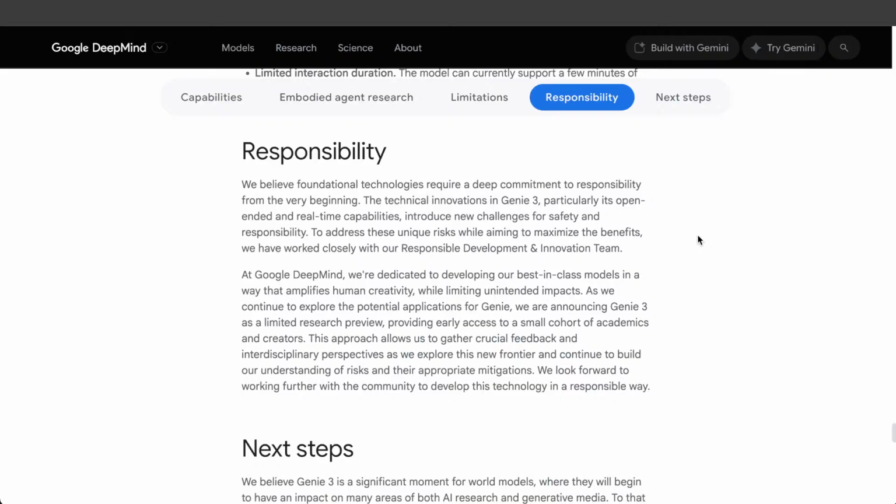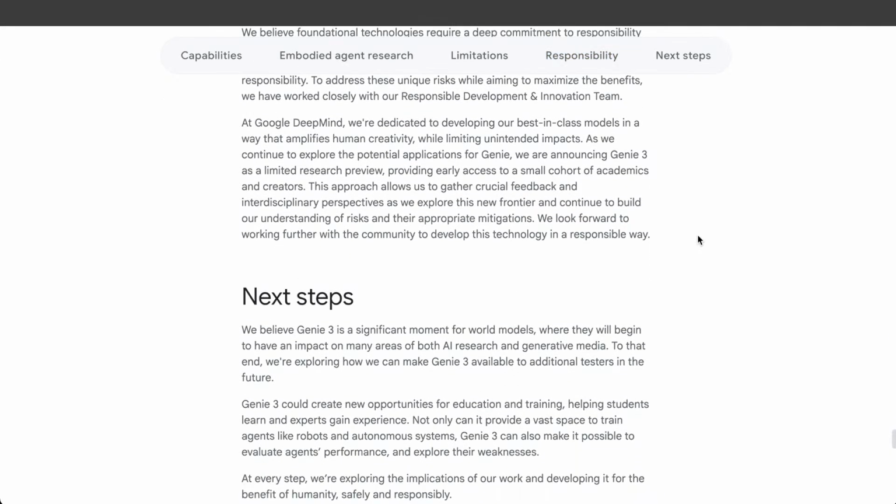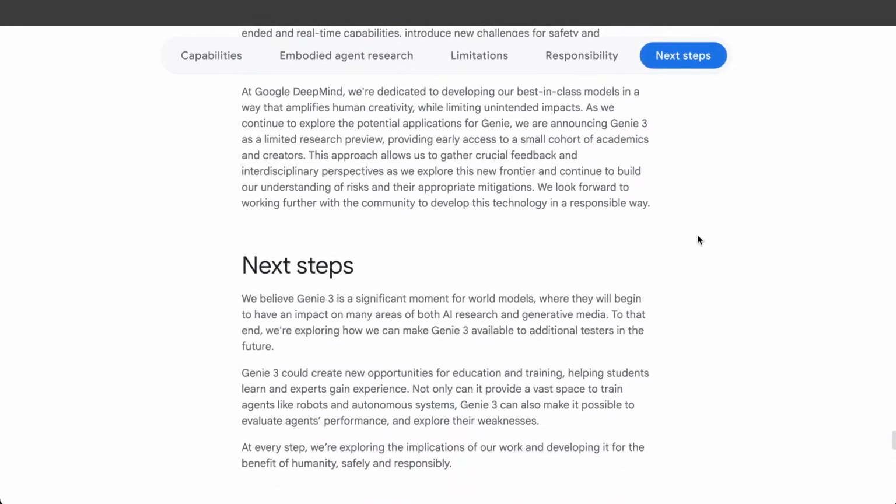To address these unique risks while aiming to maximize the benefits, we have worked closely with our responsible development and innovation team. At Google DeepMind, we are dedicated to developing our best-in-class model in a way that amplifies human activity while limiting unintended impacts. As we continue to explore the potential applications of our Genie, we are announcing Genie 3